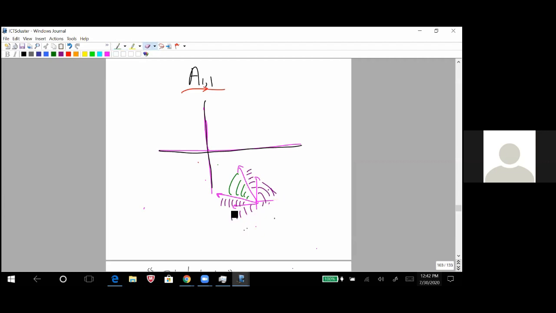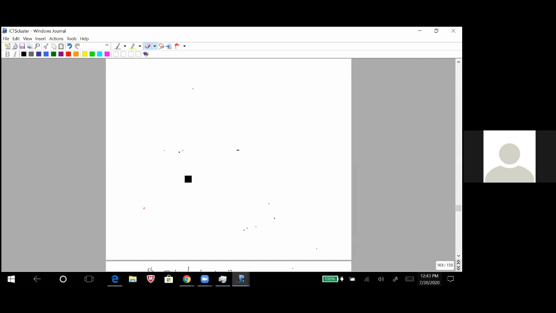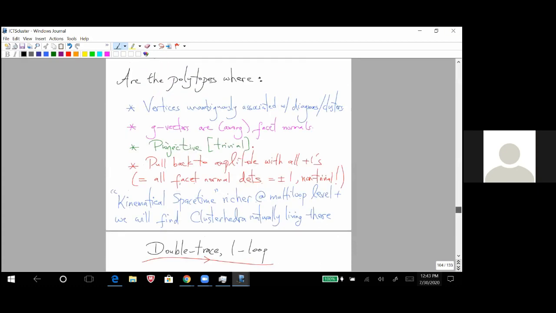But one indication that this is a crappy thing to do is that even if I did that, and even if I got a polytope, I would not get the amplitude when I pull back to the subspace, because it fails the condition that all those determinants have to be plus or minus 1. Okay, so in fact, if I just go back to the